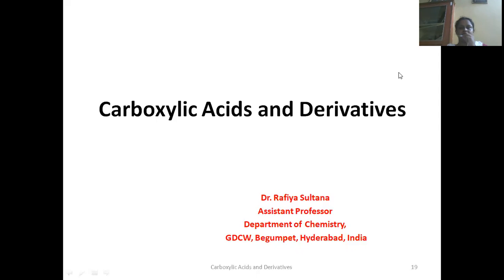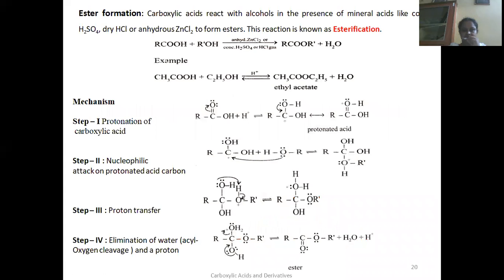And today we were discussing the chemical properties. We have seen the reactions of hydrogen of carboxylic acid, and we have also seen the reactions that involve the OH group of carboxylic acids. There are two more reactions that have to be discussed. Let us see those reactions. So this is very important.